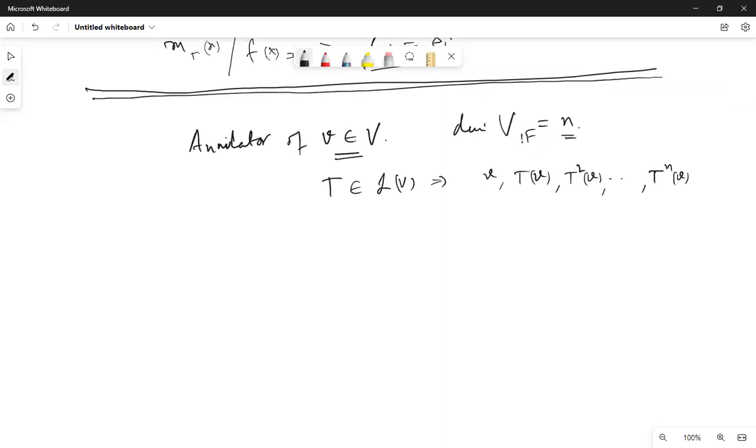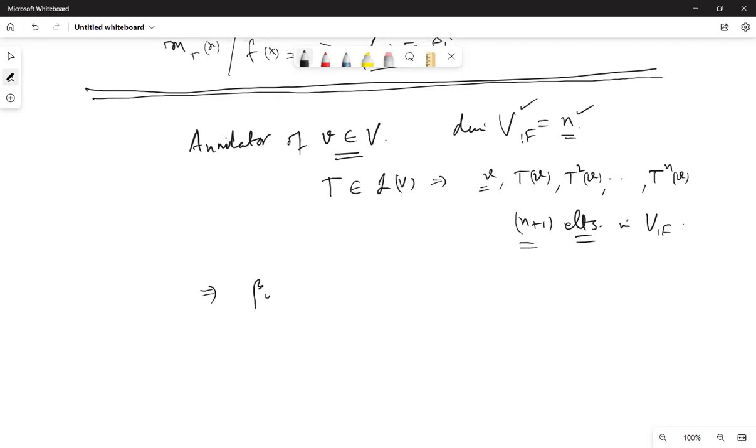All these are elements of V, and these are n plus 1 elements. What that indicates? That these are linearly dependent because the dimension of this is n. If the n plus 1 elements you are choosing from vector space V, then they are linearly dependent, which implies